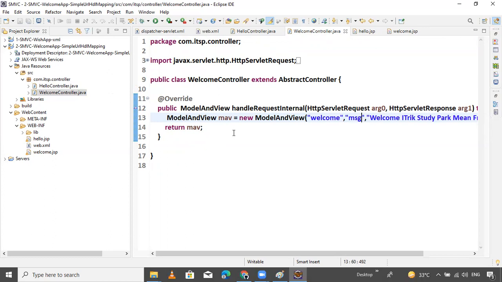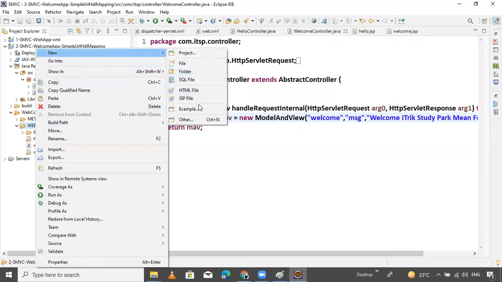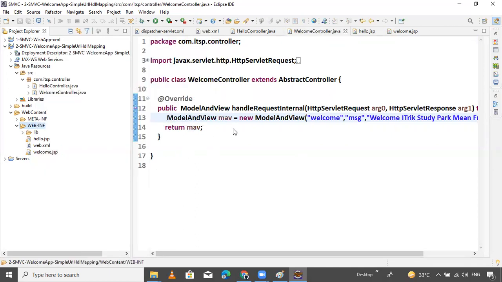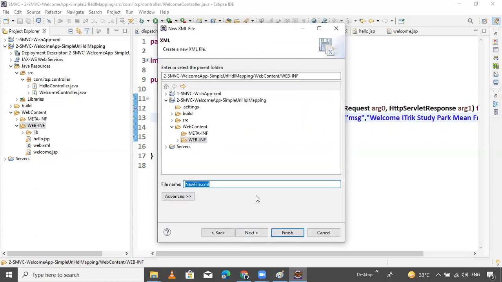One thing to revise: the Spring configuration file. Where do we include the Spring configuration file? Inside the web configuration. So the file is dot XML, next put the name. This is the logical name of the dispatcher servlet, guys, so dispatcher-servlet.xml.